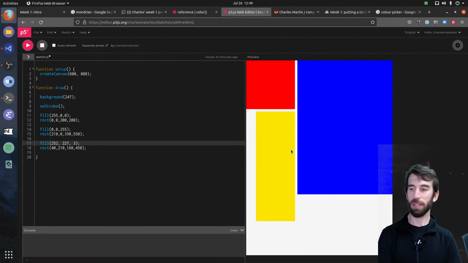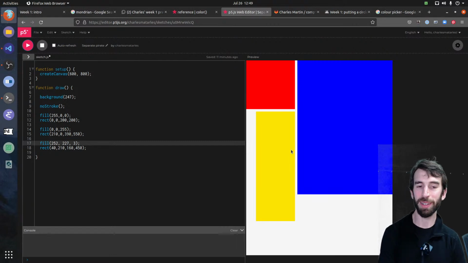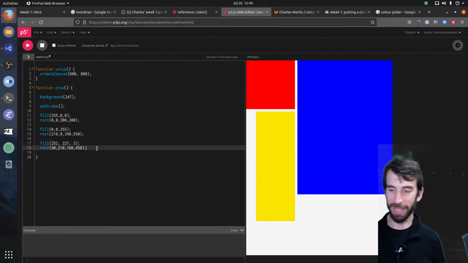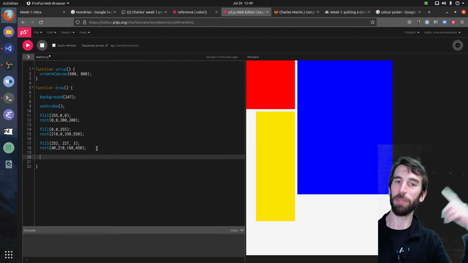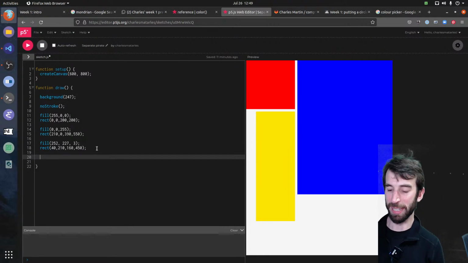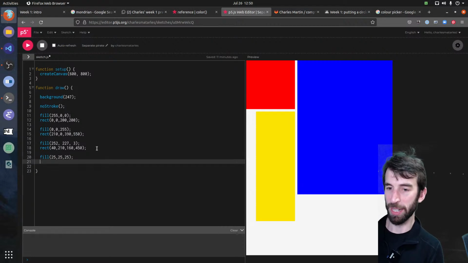There was a good question about making colors more transparent or fading them in. Transparent means you can see through them. So if I make another big square in the middle, this is going to ruin my print, but suppose I've got some transparent material like cellophane or semi-transparent plastic. I can make another color, maybe kind of grayish. 25, 25, 25. It'll be very dark gray. And I draw this right in the center of the screen. A big square.